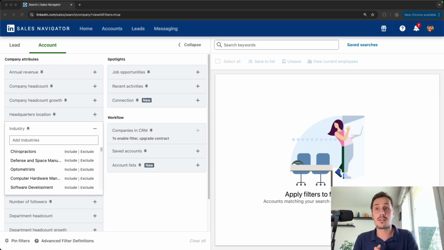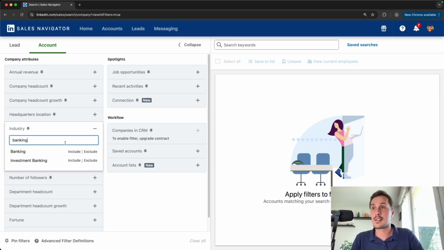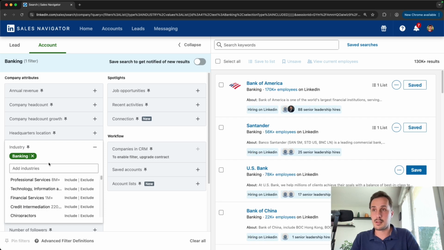For example, I know that the crypto industry has some ups and downs. And if you target companies in the crypto industry, your results and your ability to sell your services or products to companies that are working in the crypto industry are related to the state of the crypto industry. So for example, you can target banking, investment banking as well,